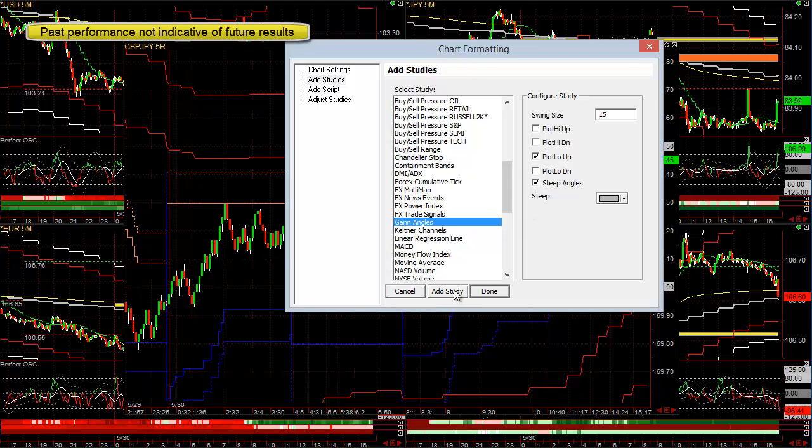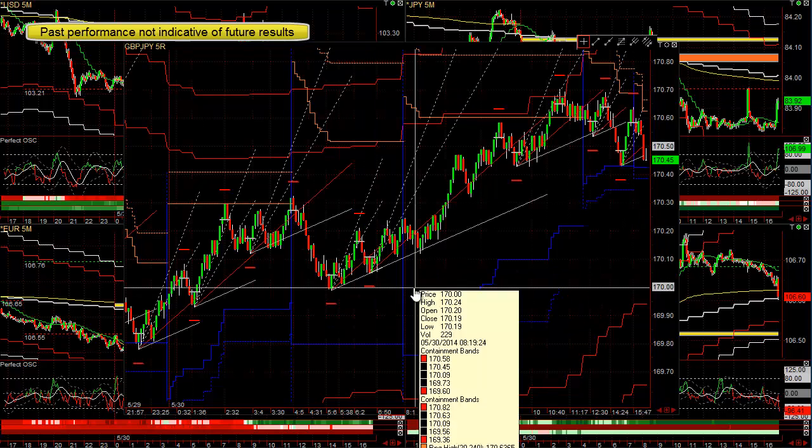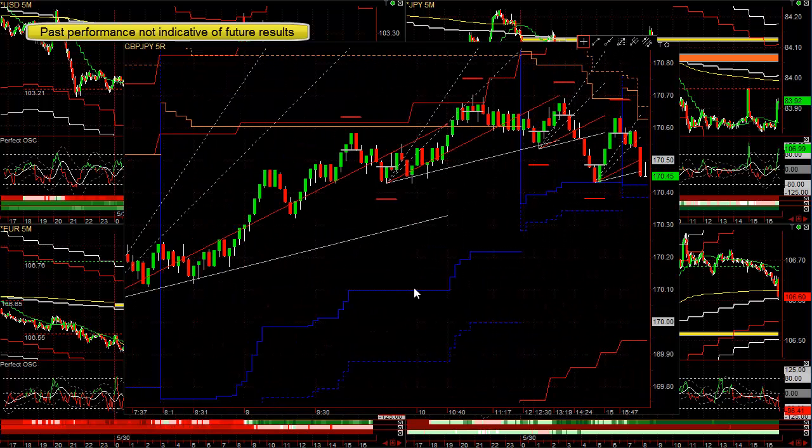And you can put the steep angles on there too if you want. And you can see that, and one of the things I'm planning on adding to this is extending the GAN angles for one extra swing, so you can kind of eyeball it there. That GAN angle from 1, 2, 3 swings ago, it's exactly where it found support. Now this isn't the biggest move in the world, but combined with our statistical tools and the GAN angles, very